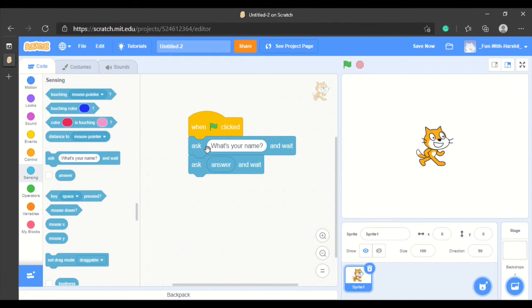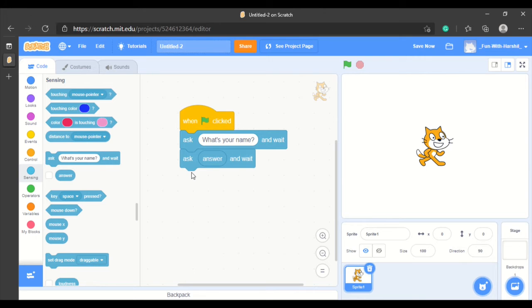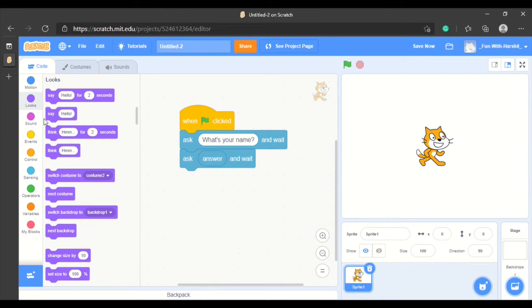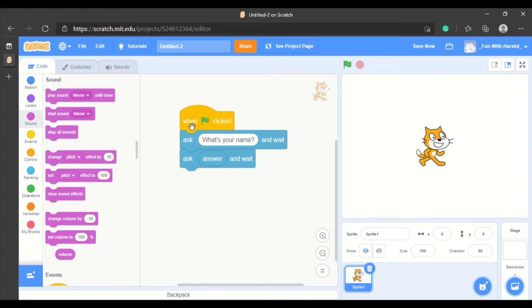So you will notice that three blocks have come and they all are joined. And you don't need to add any block to end it, like end this script. If you haven't added anything below, it will not do anything.